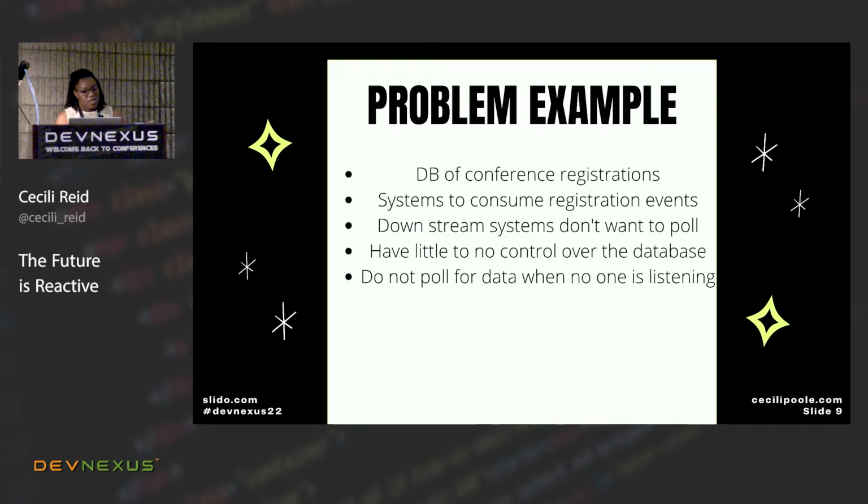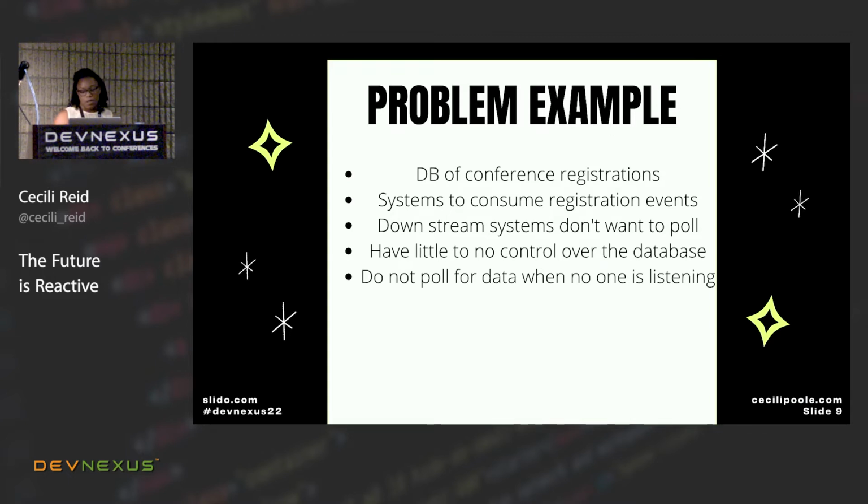One other caveat is we have little to no control over the database, meaning if you're familiar with Postgres and some SQL databases, you have event triggers. So anytime something enters a table, you can use an event trigger and be notified that way. We have read-only access to the database, no event triggers to be made aware of. So that's a limitation. We ourselves also don't want to continue to poll the database if no one wants these events. We don't want to keep polling for 2 weeks at a time when no one is interested in those 2 weeks worth of events. So that is our problem.